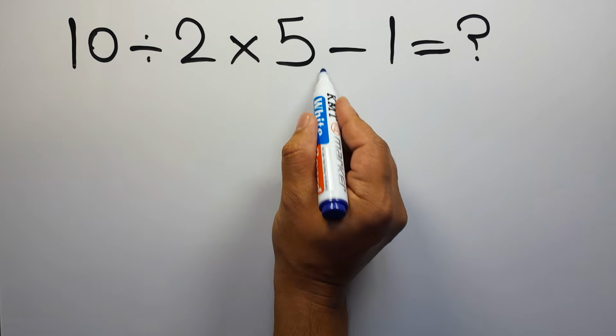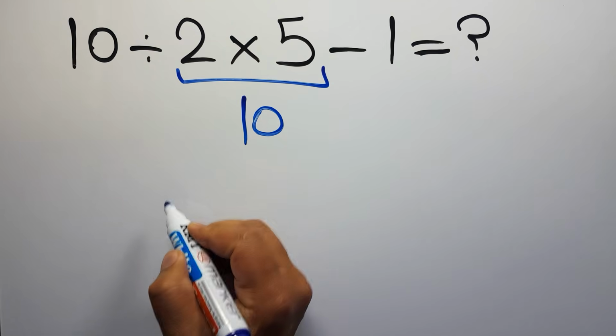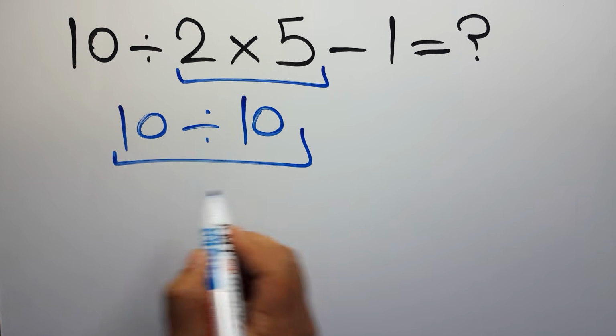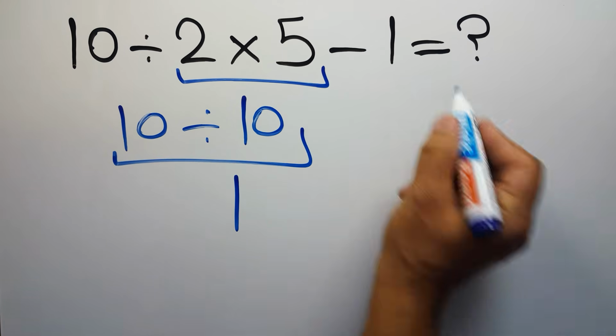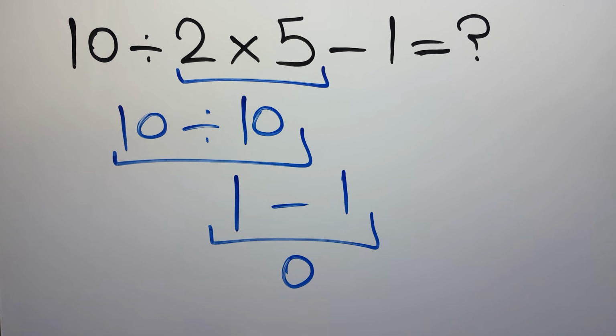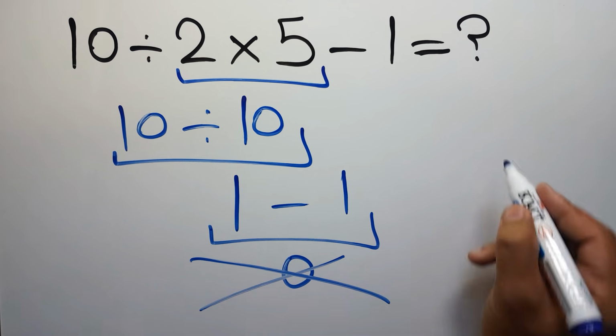2 times 5 gives us 10. And 10 divided by 10 gives us 1. So 1 minus 1, which equals 0. But this answer is not correct, because according to the order of operations, which is PEMDAS,